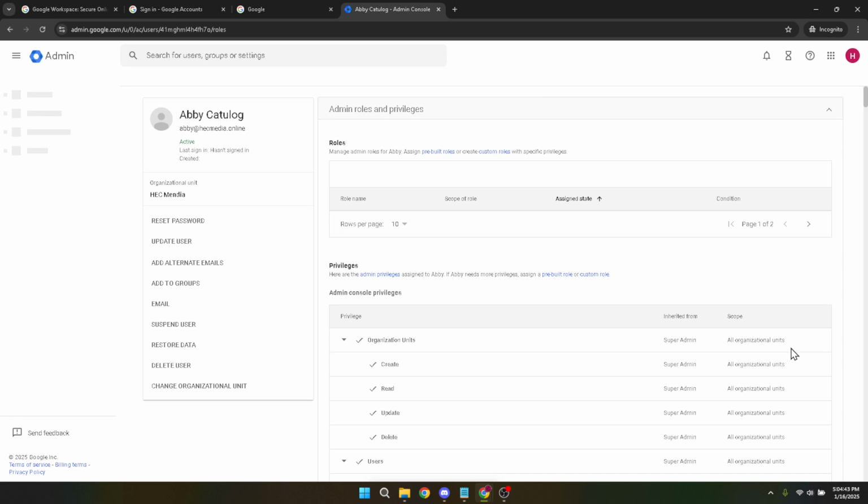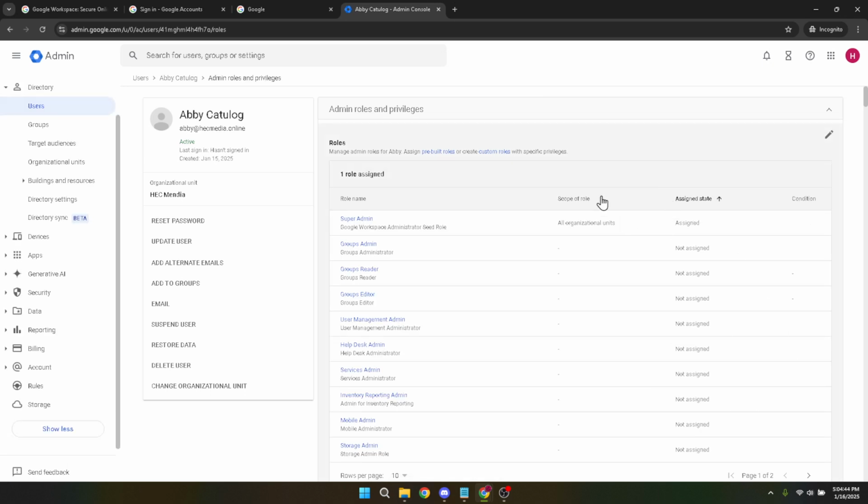And that wraps up the process. You've successfully updated the admin settings within Google Workspace. These straightforward steps ensure that leadership responsibilities are properly reassigned, maintaining efficient and secure